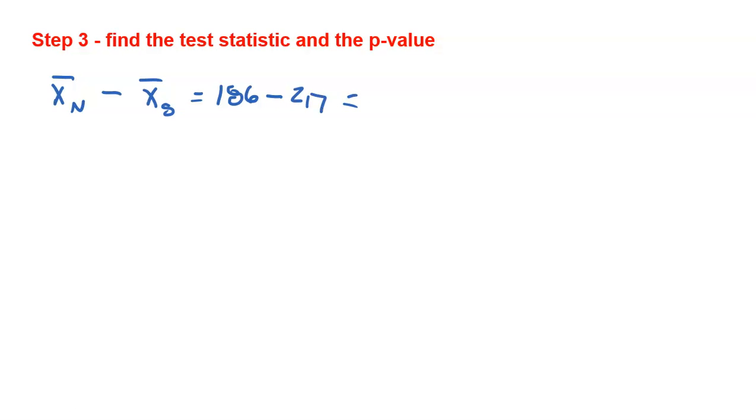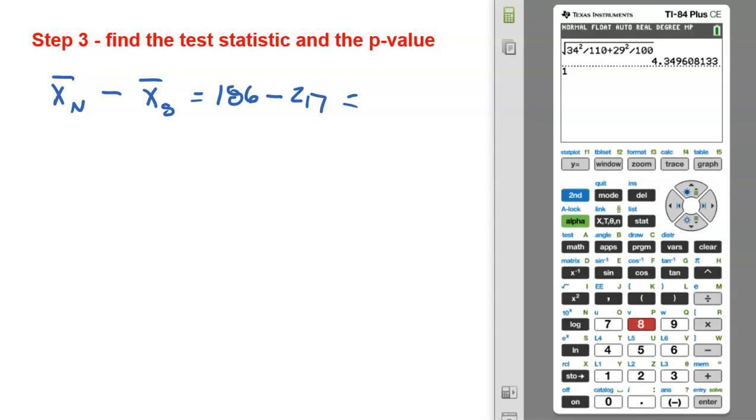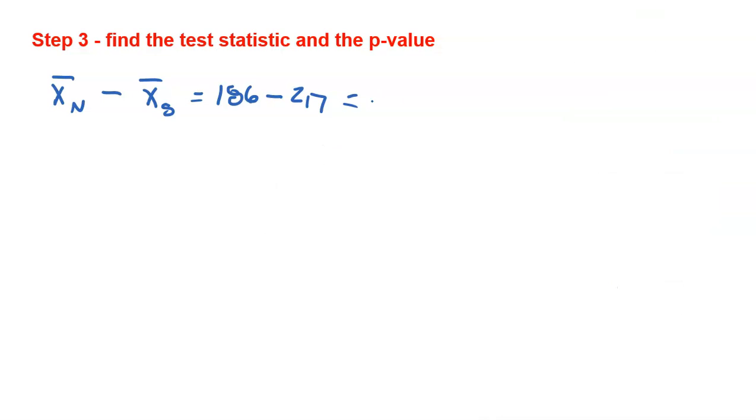Now grab a calculator if you want to actually calculate that difference. 186 minus 217. Whoop, I typed that in wrong. Boy, this calculator does nothing but give me fits. All right, so that's a difference of 31. Now, I actually did it in an order that gave me a negative 31-minute difference. If you did it in the other order, you would get positive. Not going to be a huge deal. You could do it either way. I'm going to talk about the small change that's going to make.